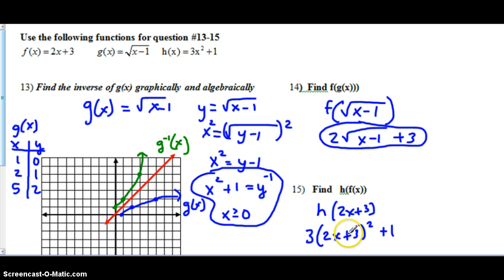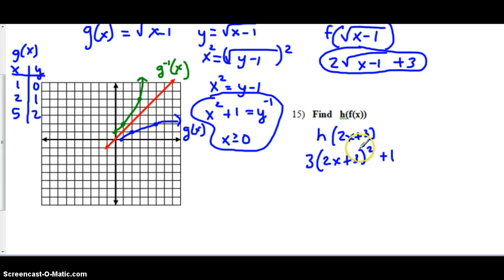Okay, so here's interesting. We would have to FOIL this first. We have 2x plus 3 squared, then multiply by the 3, and then we'll have to add 1. So there's some good Algebra 2 for you here. Remember, we have to do the exponent first, and now we're going to multiply 2x plus 3 times 2x plus 3,